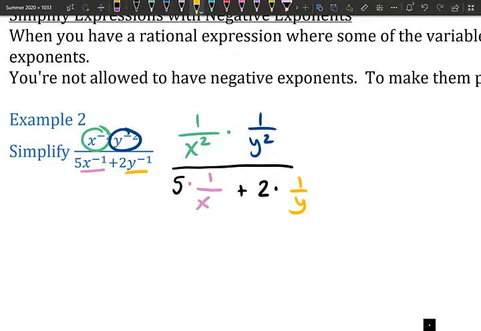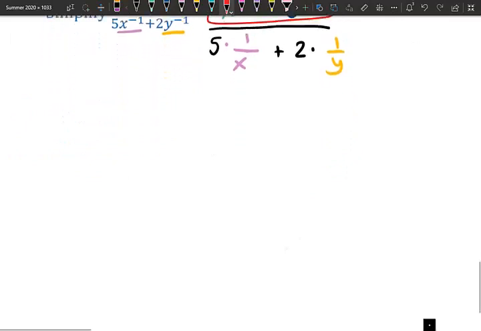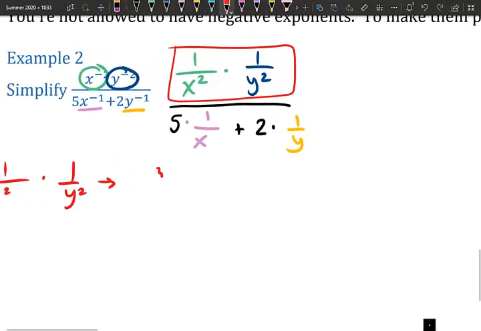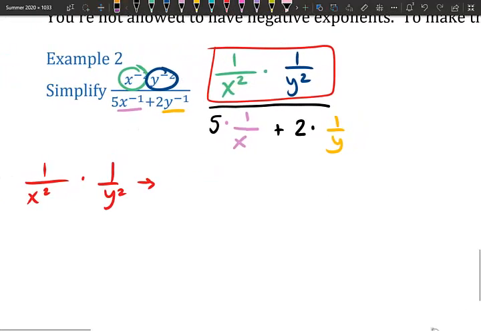Let's do this piece by piece now. On the top, we technically have 1 over x squared times 1 over y squared, which is 1 over x squared y squared. And on the bottom,